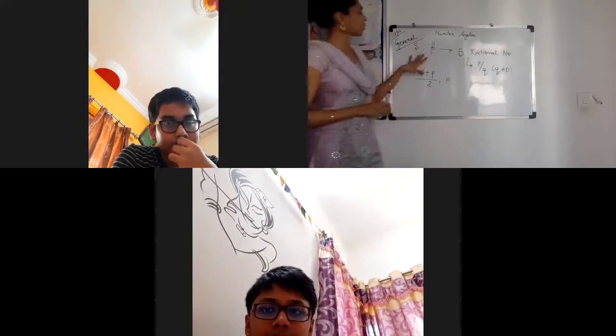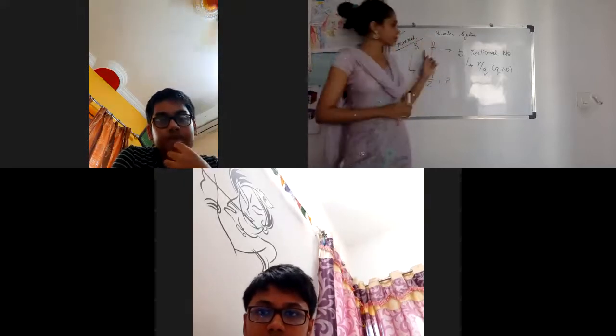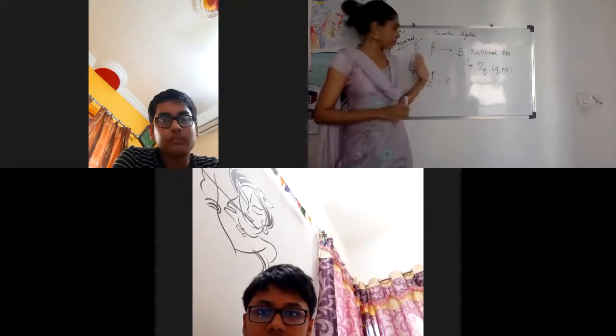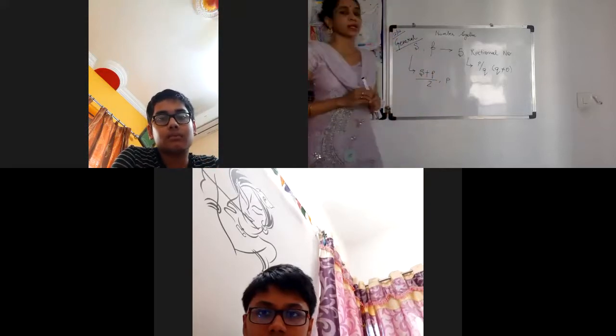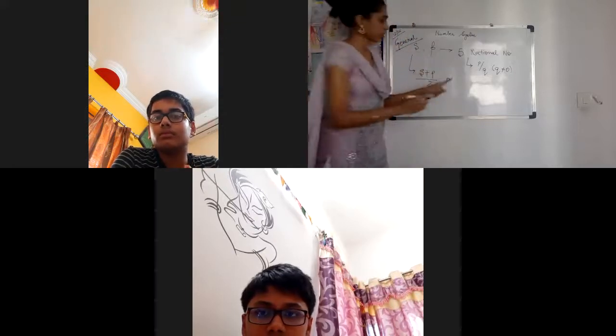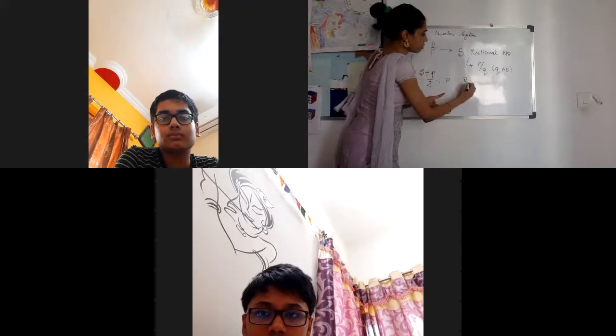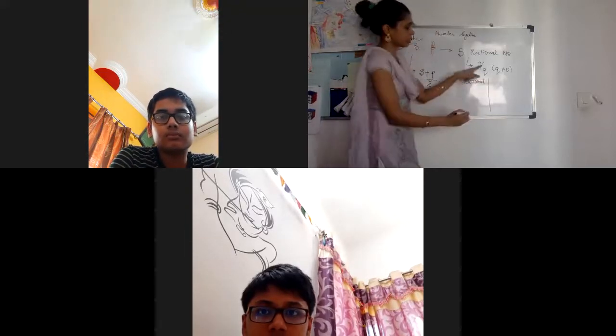So this is the first method of finding a definite number of rational numbers between two given numbers, S and P. So this method you are going to apply. And another thing is we need to know some differences between rational numbers and irrational numbers. Rational numbers by now you know are in the form P upon Q.